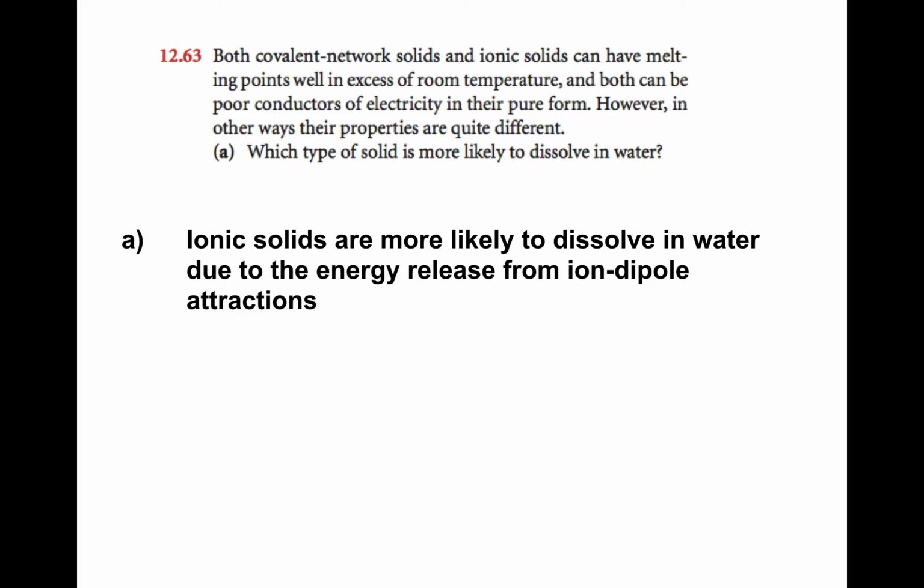All right, both covalent network solids and ionic solids can have melting points well in excess of room temperature. And both can be poor conductors of electricity in their pure form. However, in other ways, their properties are quite different. All right, so the only one we were interested in here was which type of solid is more likely to dissolve in water. And the answer is the ionic solid,